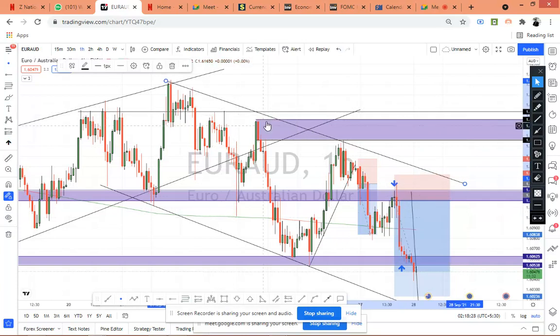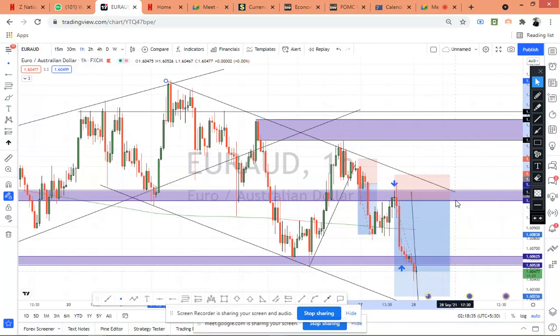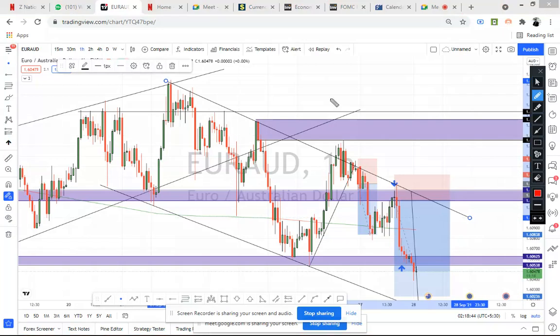I'm leaving this level. Why is it so? I'm trying to do like this, or you try to do like this. This is the best way to draw the trend line. So don't ever force it. Just draw the trend line the way you see, which means the market really touched this